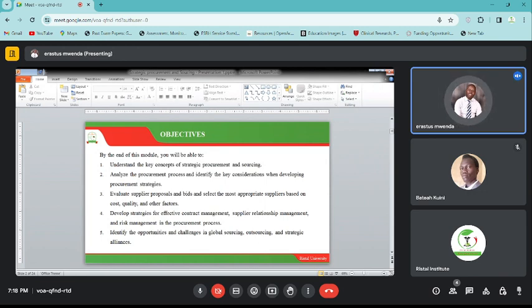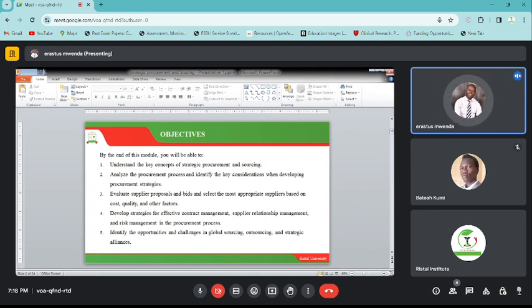So now we have defined strategy. We have laid a background of what strategic procurement is. So now we define it. When we combine the terms, we refer to strategic procurement as the process of strategically identifying sourcing. Sourcing is simply where to get your goods, raw materials from. And then you go ahead and acquire them, were it services or goods. That is an assignment that I'm giving you, that you be able to find out the difference between goods and services.